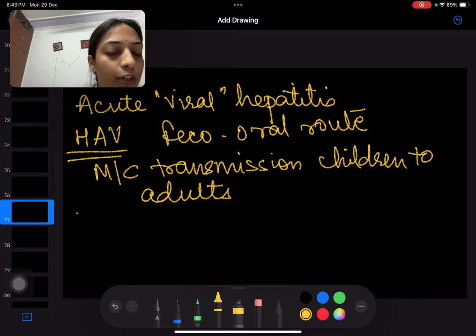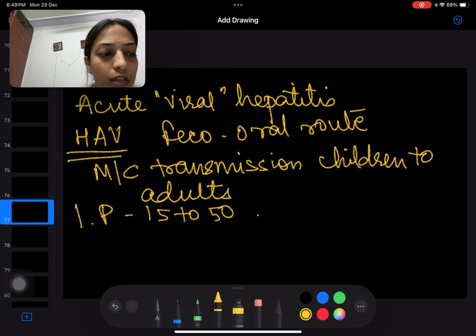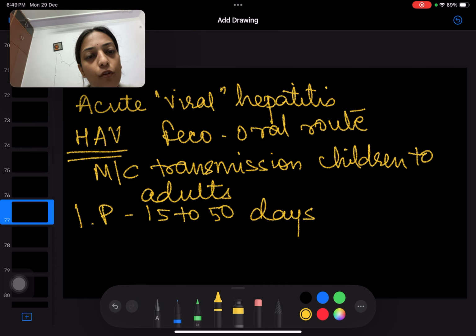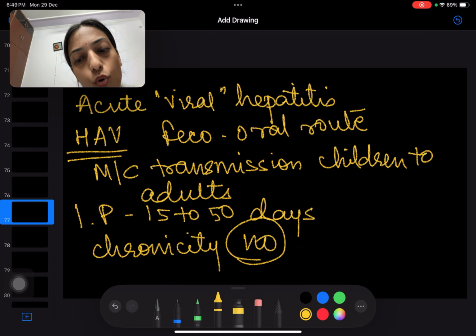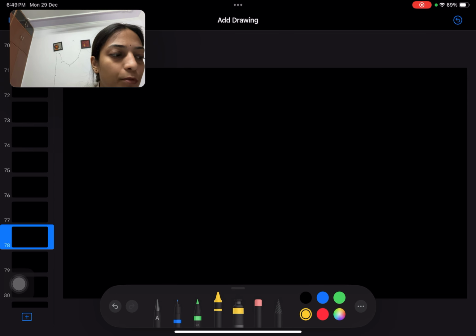Incubation period is 15 to 50 days. Nausea, vomiting, malaise, dark colored urine, jaundice. Does it progress to chronic? No. Chronicity? No. It has no chronic component. This was about hepatitis A. Now